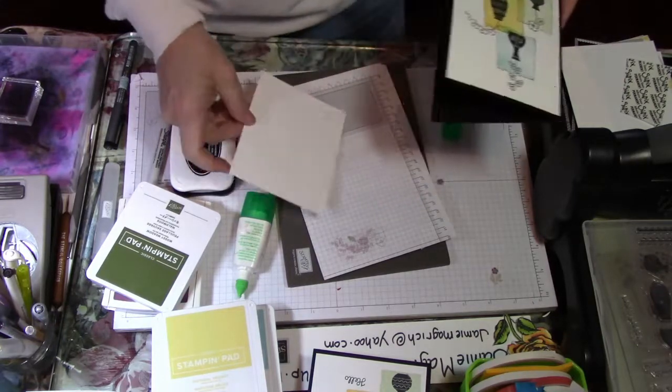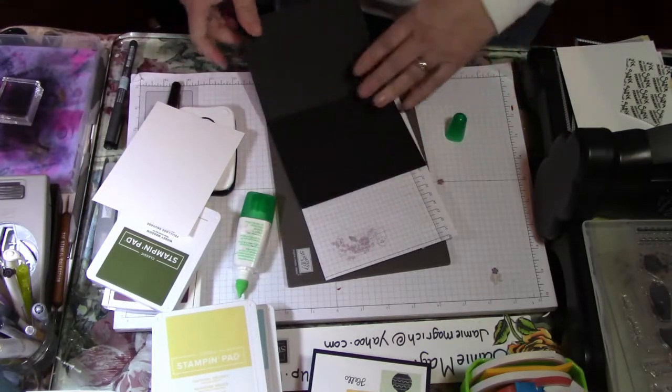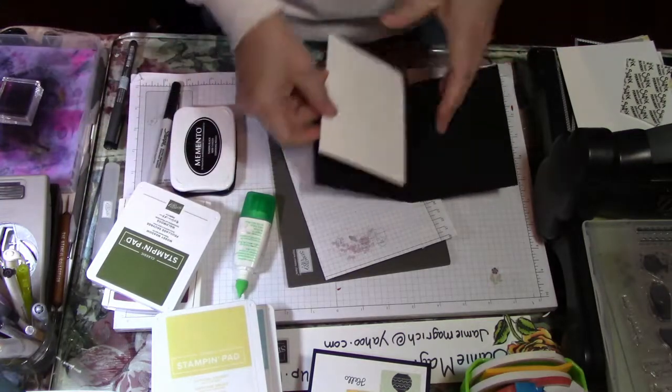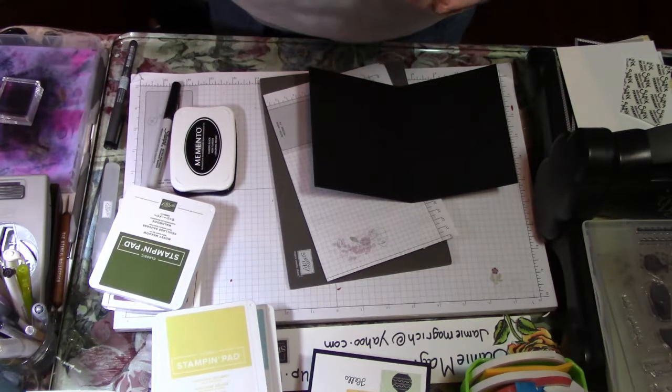Okay, I'm going to flip it over and rub it so it gets really good and adhered. I do that in case I have ink on my fingers, which I usually do. And then I can add this to the center. Now you could probably stamp something on this. I'm not going to, but